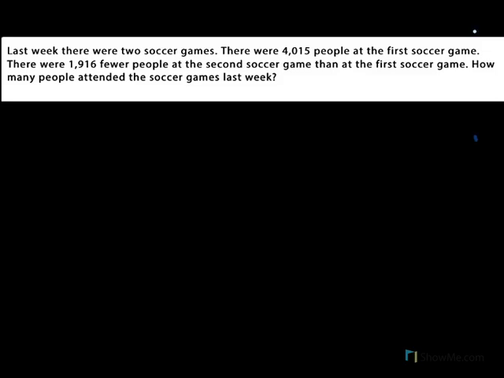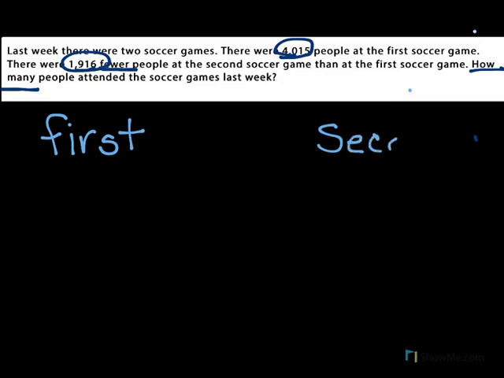Okay, let's go ahead and check. So I'm going to circle the numbers in the problem. Underline key words. I see fewer and how many. Okay, I'm going to think about what is this question asking. So I know that last week there were 2 soccer games. There was a first soccer game and there was a second soccer game. I know that at the first soccer game,